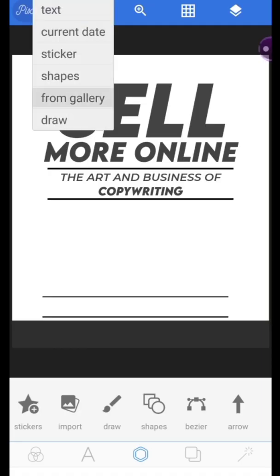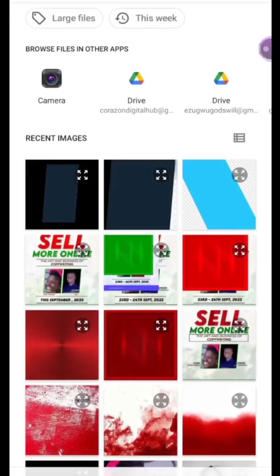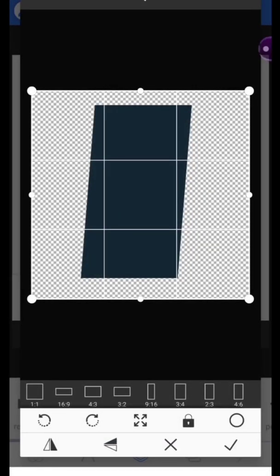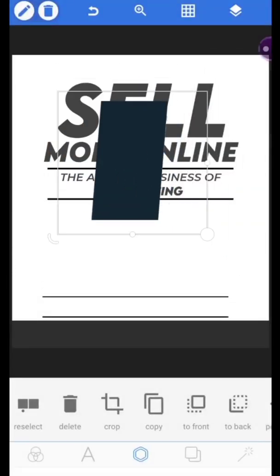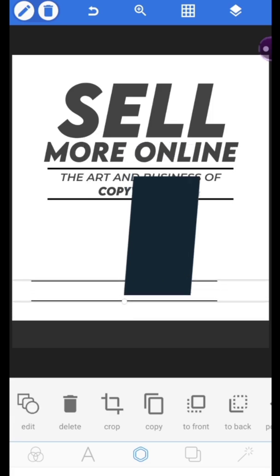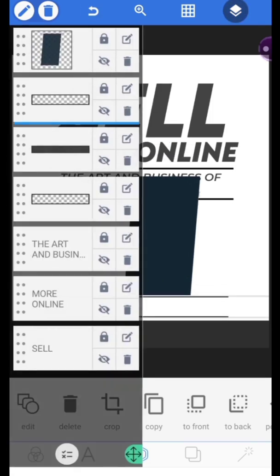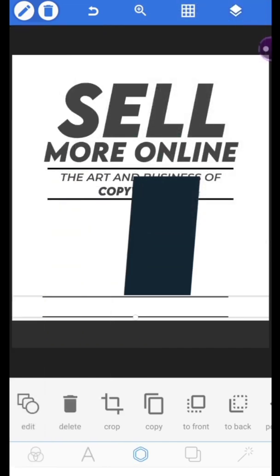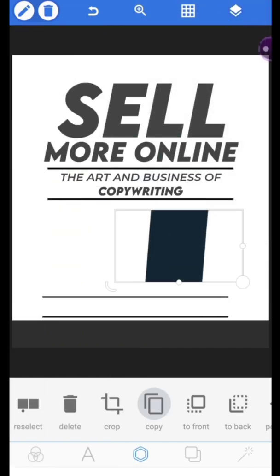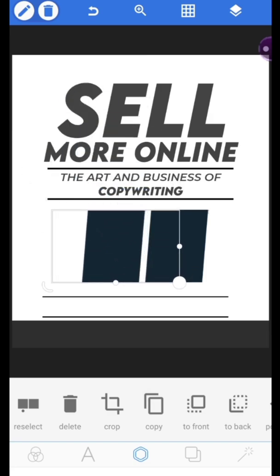So I will import the one that I've already worked on Pixellab, which is this. So this is it. Import it. To avoid things moving in the background, you just have to freeze them. So that's the first one for the host, and the second one